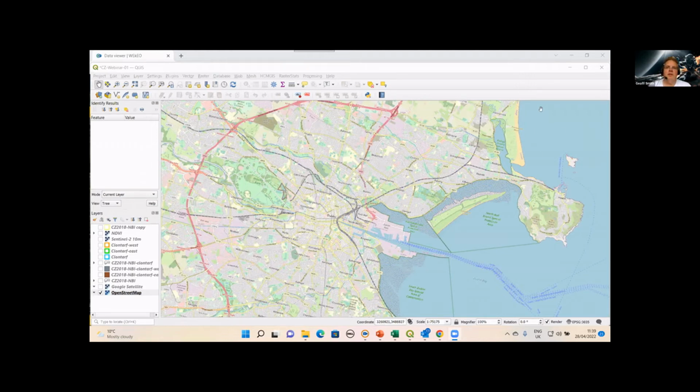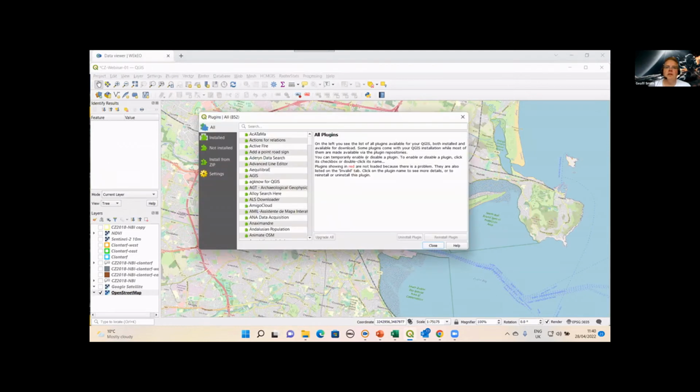So what I've done here is I've installed basically the standard QGIS version, but for this analysis, I've just added a few additional bits of functionality. And this is possible within QGIS by going to the plugins section here, which then allows you to manage and install plugins. And so here we have a huge list of additional functionality that you can load in there.